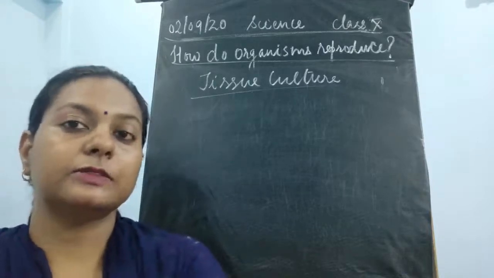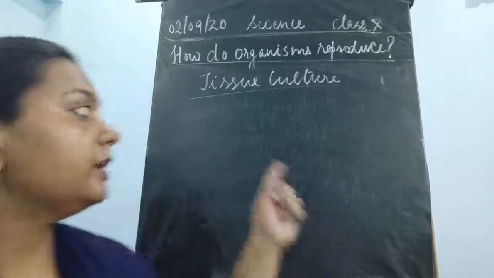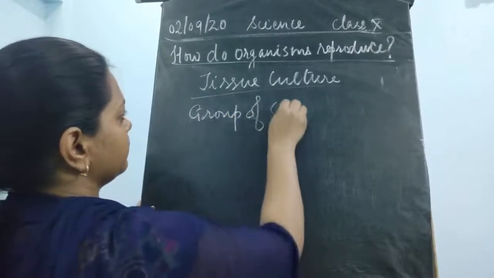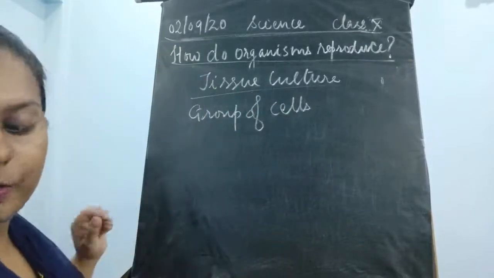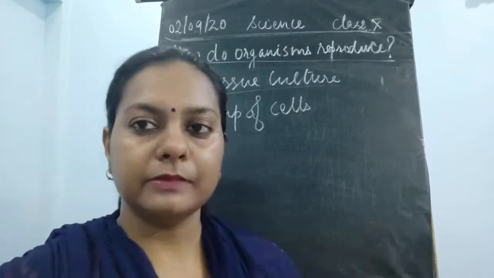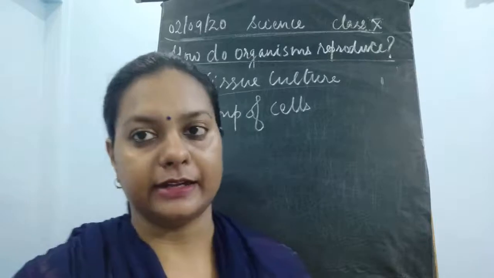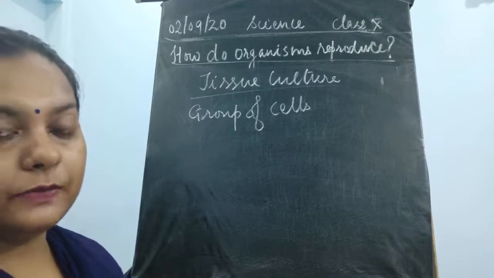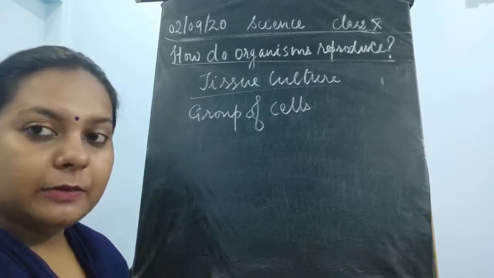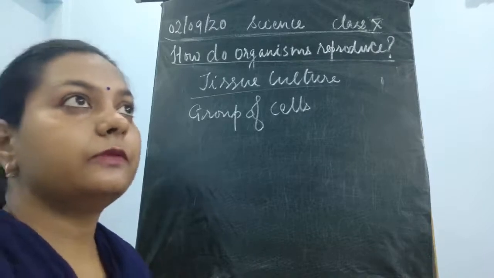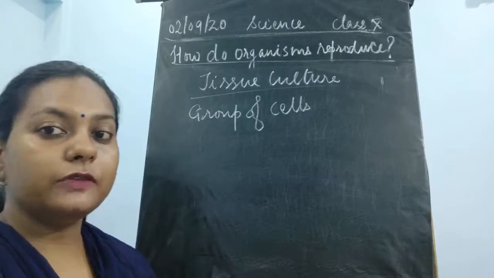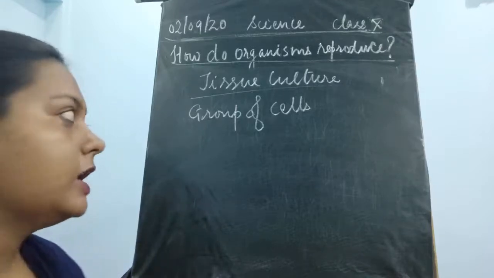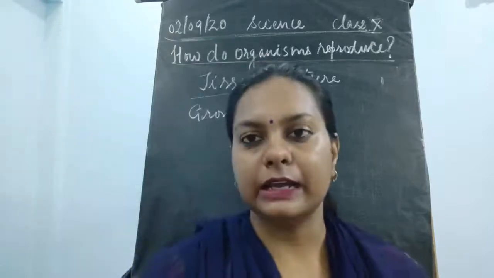Now, how is this test tube responsible for the growth of the tissues? Here, tissues means a group of cells. Now we will take some small cells with the desired characteristics. Now what could be the desired characteristics? Like if we need to increase the number of the wheat, or if we are increasing the number of the crop like rice or wheat, we will take up the varieties of good qualities of different crops. Like suppose that one plant is there, it is having good root system.